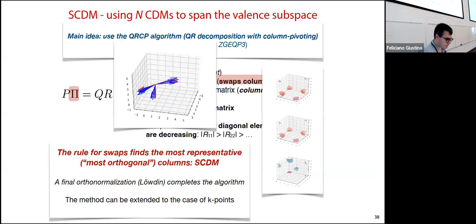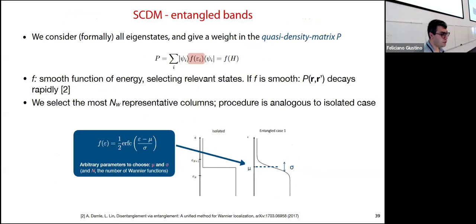Okay, they are almost orthogonal, and so you do a final orthonormalization to force them to be really orthonormal. And what I've shown was done, let's say, in real space or for a single K point, but you can generalize this for multiple K points. Okay. Now, if you have these methods,